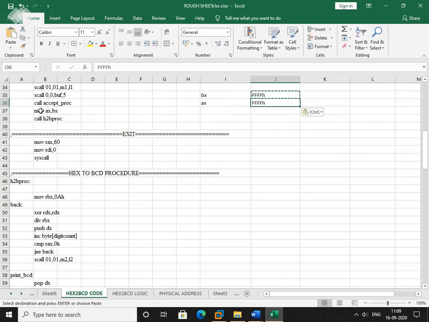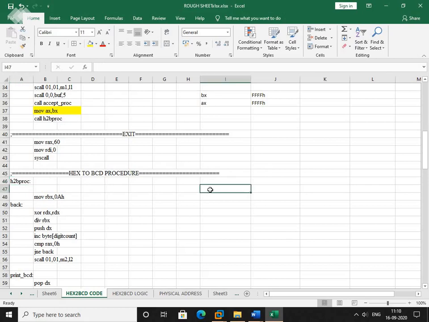Since we are copying it into AX, the content of AX will be same as BX, this one here. Okay, now next, after that, since we got this input, I told you we are going to divide this 4 times F by capital A. So therefore we are going to put this number into accumulator, since this is a dividend and our divisor is capital A, right? So from BX we copied into accumulator, and after that we have called the procedure hex to BCD. So the compiler will jump here where the procedure name gets matched.